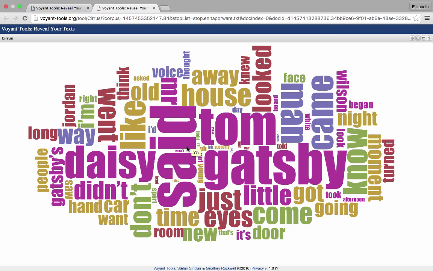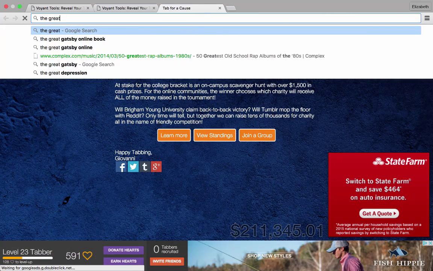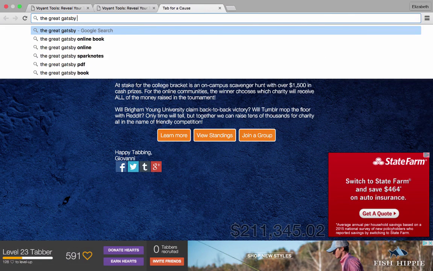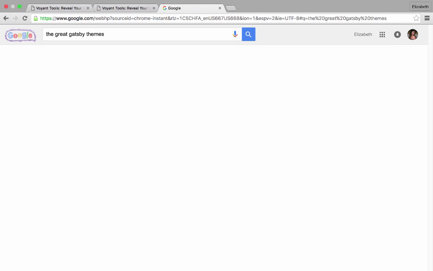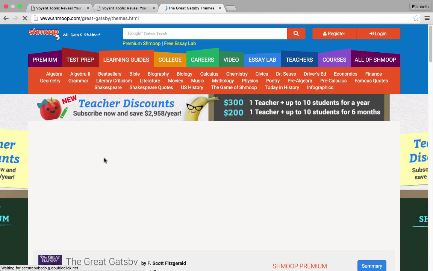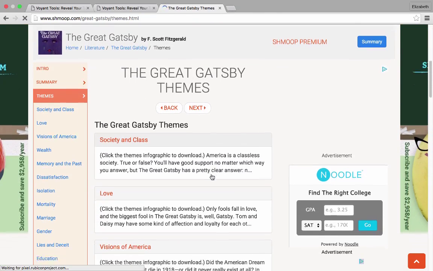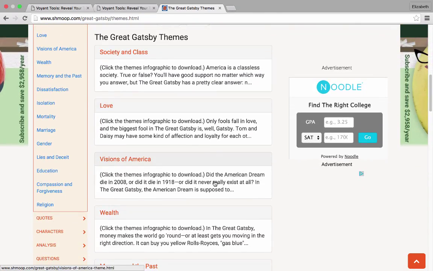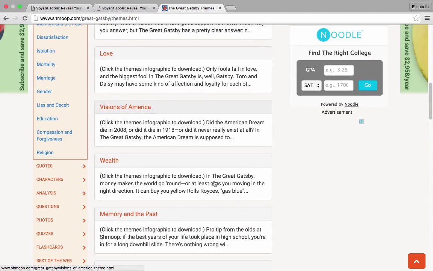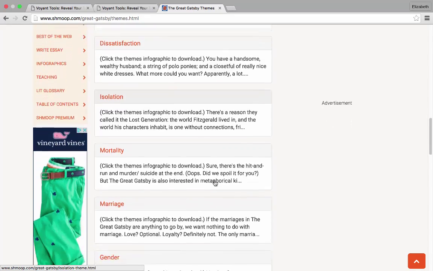While this Voyant tool gives you some kind of insight to what The Great Gatsby is all about, it can't tell you everything. It mentions that names are said a lot. The word said is in big bold letters as the most mentioned word in the entire novel. The entire novel is not about something like he said, she said. The entire novel has a much deeper meaning that you can't just get through by looking at these words that appear in this bubble.